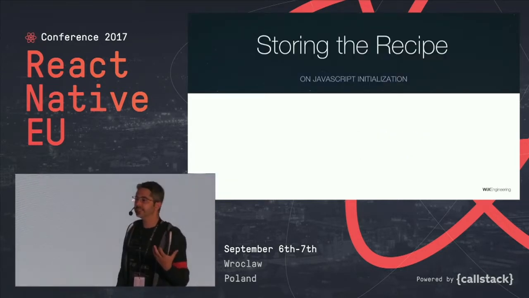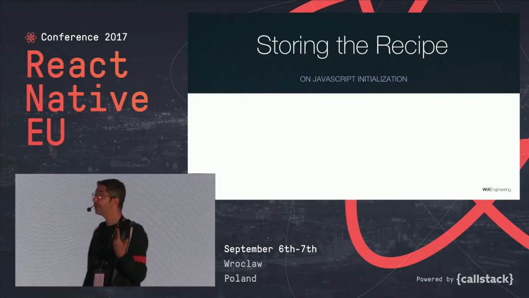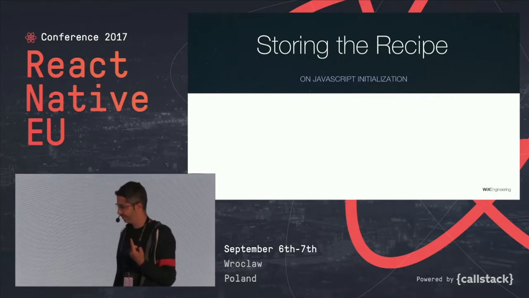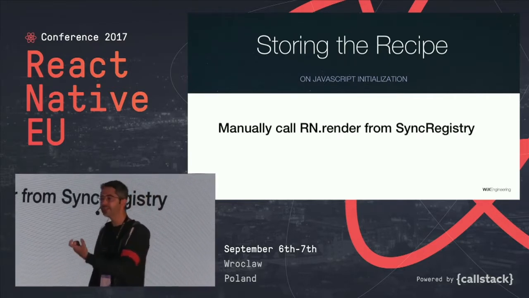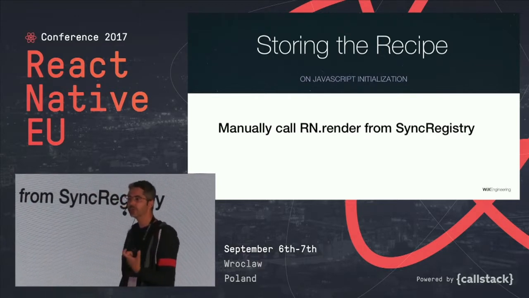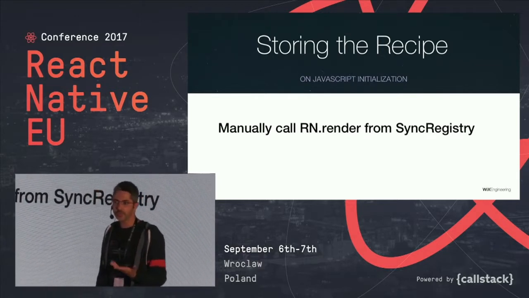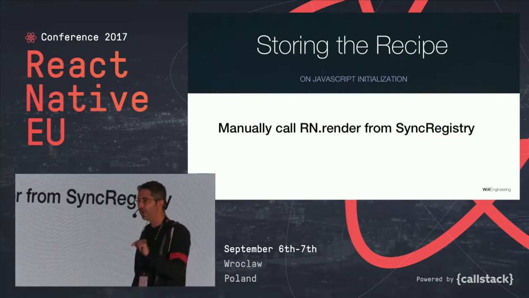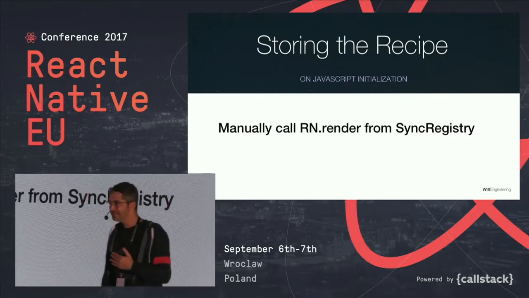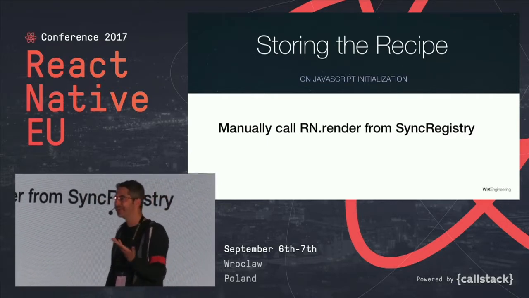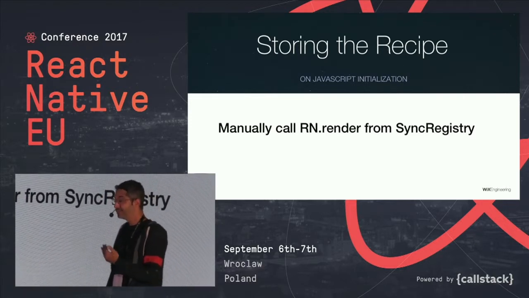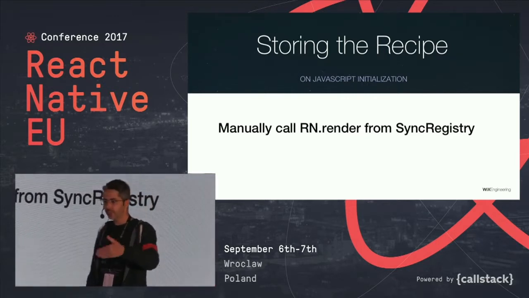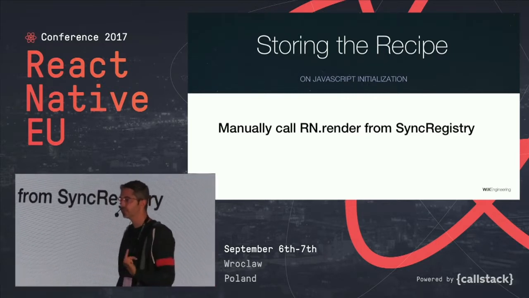So how would we store the recipe? This is what happens when we run the render function. We want to do this, I remind you, on JavaScript initialization. So we have our sync registry, and we register to the sync registry when the app starts. This is pretty much the first line the app runs. In the sync registry, we're going to manually call ReactNative.render. Have any of you run the render function imperatively by themselves? You can do that. So we're going to run the render function on this template of a component. And what will this do? The render function will result in these messages being sent over the bridge.